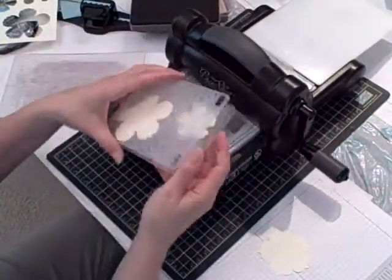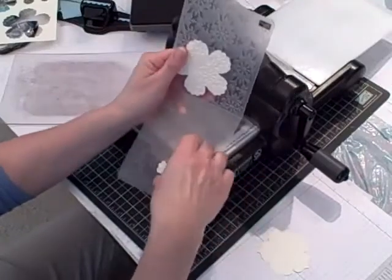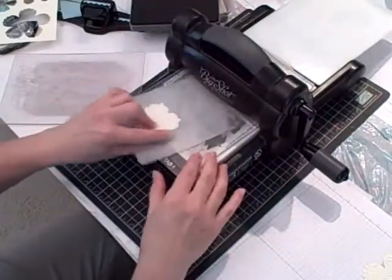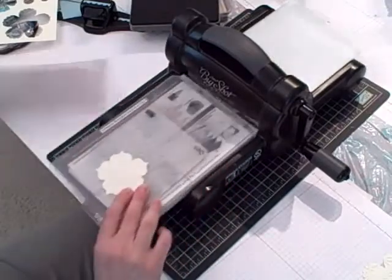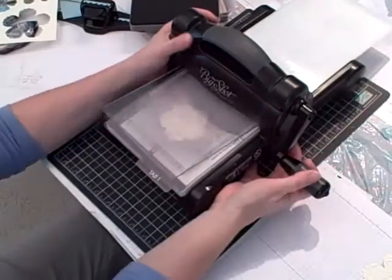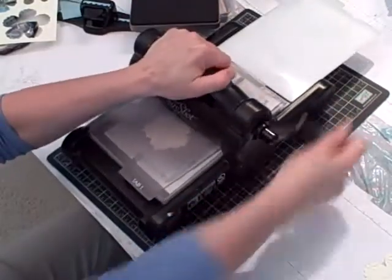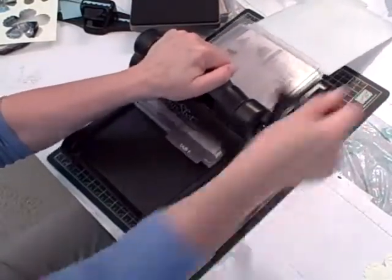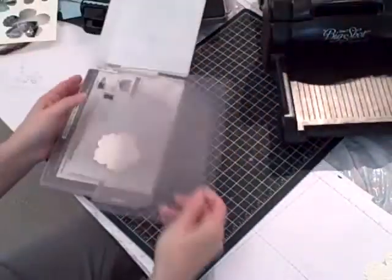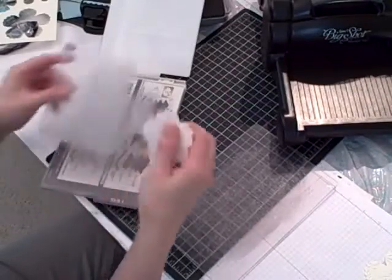So that gives me 2 flowers, and then I'll take those off the folder. And then I'll put in my last flower and run it through as well. There we go, same sandwich as before. Run the open end of the folder through first, and then you're done with your Big Shot. Now the next thing I did